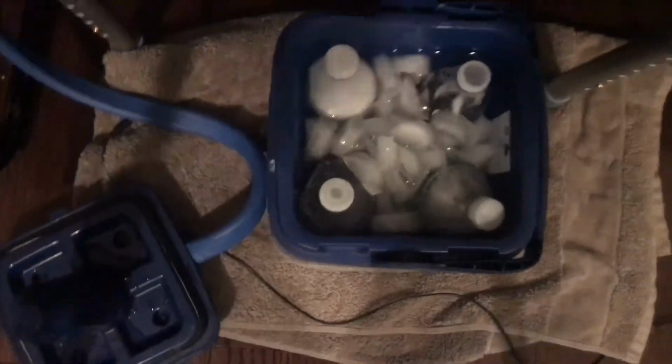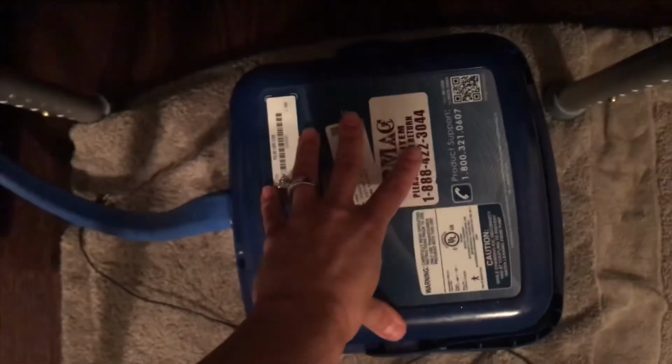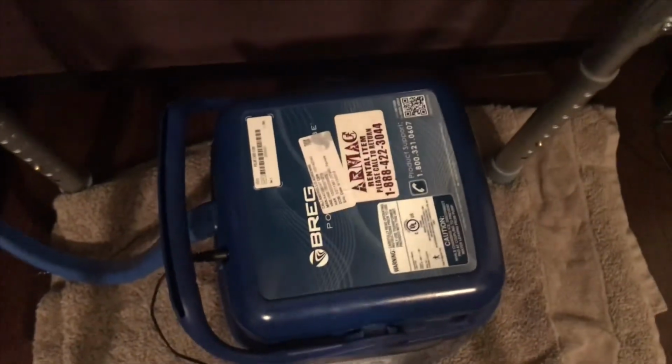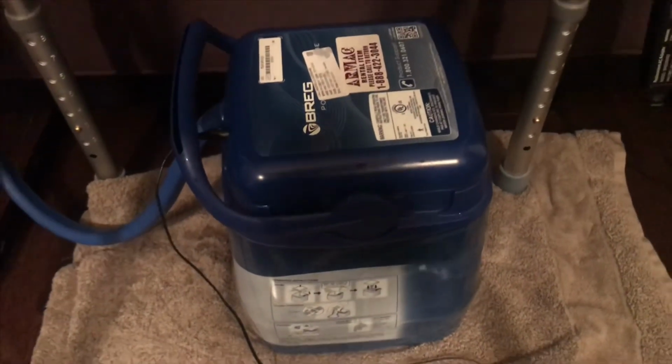And this is what the machine looks like. I will add the lid on top, and I keep this right next to the couch that I'm sitting on. I lock that in nice and secure, and then after that I'm just going to plug the ice machine in. It doesn't make a whole lot of noise, it's actually pretty quiet, and then at that point it keeps everything nice and cool, and the water will start rushing through to the pad, which will keep it nice and cold